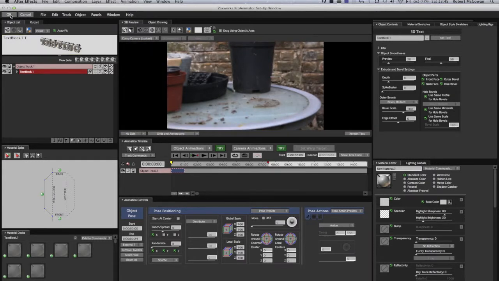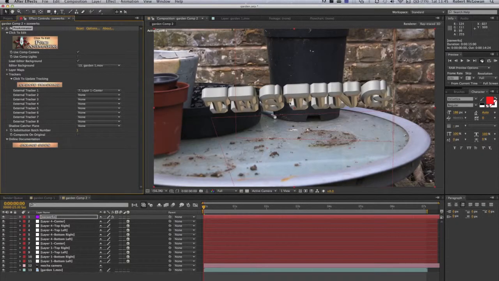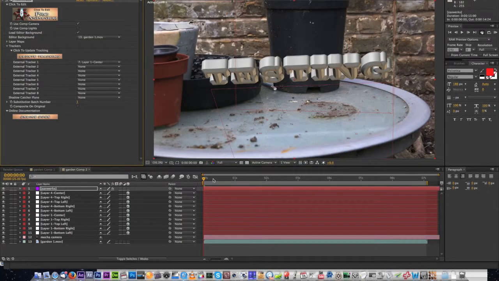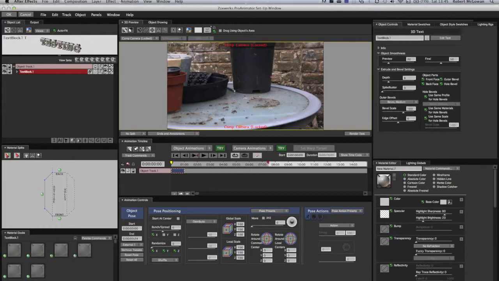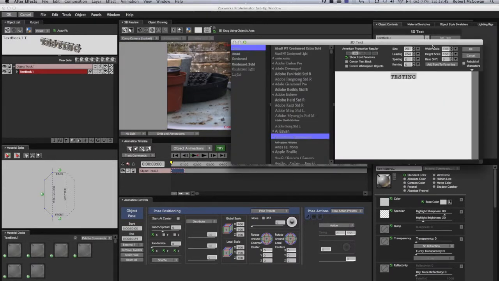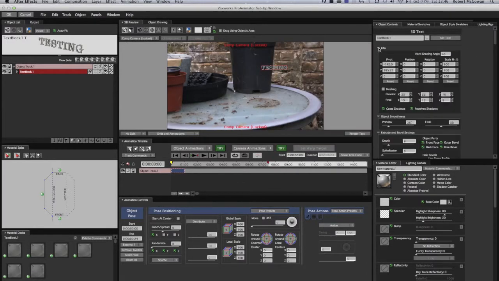Let's see where it ended up in After Effects, and it's back there. Okay, it's more useful, but it still doesn't give a true representation of what is going on in Pro Animator. This is obviously an issue that I've got with it at the moment. Let's go back in and take it back up to 72. Click OK, and if we want to change the rotation of it, let's try it in the